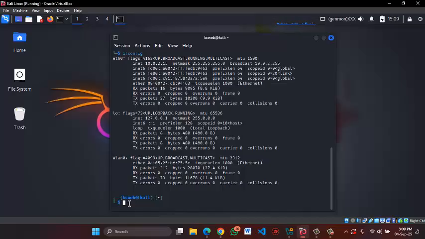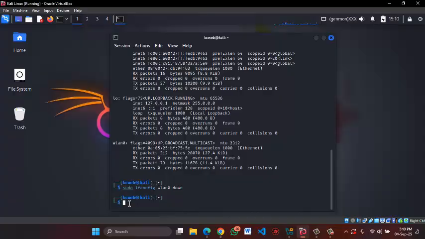So what I should do is ifconfig. Since I want to change the MAC address, I use sudo ifconfig wlan0 down, because I want to disable it. There's no error. So the next thing for us to do is sudo